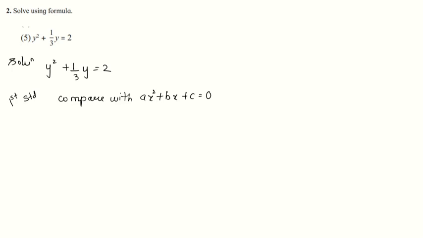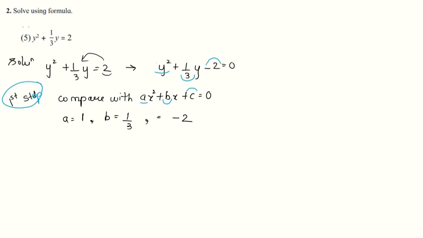We get a is equal to 1, b is equal to 1 upon 3, and c is equal to minus 2. How minus 2? Because this can be written in general form as y square plus 1 upon 3y. When this 2 comes on the left hand side, it becomes minus 2 is equal to 0. Hence, from here we got a is equal to 1, b is equal to 1 upon 3, and c is equal to minus 2. Okay, this was the first step, and the second step is